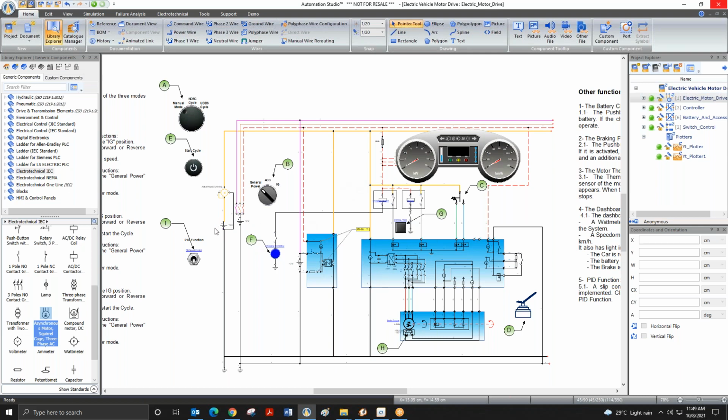To explain, this is the basic battery which is driving the whole electric vehicle. These are various controls. This is the dashboard. The power consumption from the motor is shown over here. The speed is shown over here. This is the controller of the vehicle.